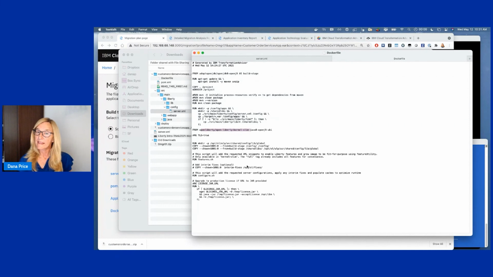So that is a real quick overview of Transformation Advisor. Cindy, I think, will now go in and talk about what you do once you've made your decisions in order to affect